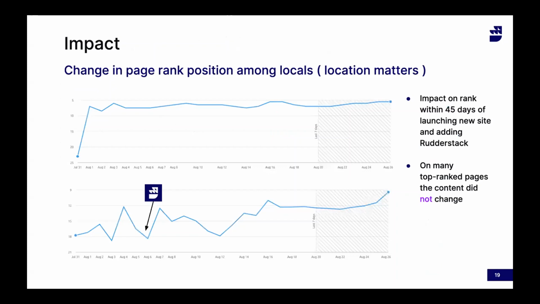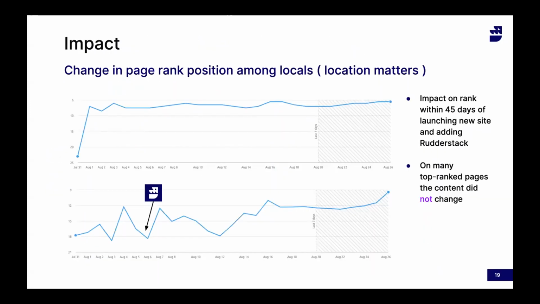Now here's the impact. Here's some of the cool stuff. You can see change in page rank position happened almost instantly, within a week of the site launching with this new flow, with Gatsby in the middle of it, this headless workflow. You can see the impact that Google's new Core Vitals update has on ranking, because they really emphasize page experience. The real benefit though is that once it went up, it stayed up pretty consistently. But